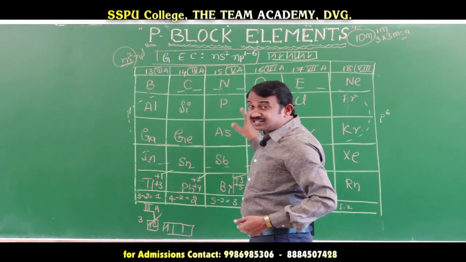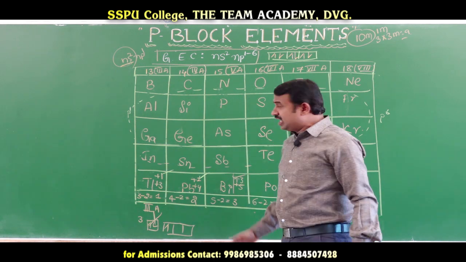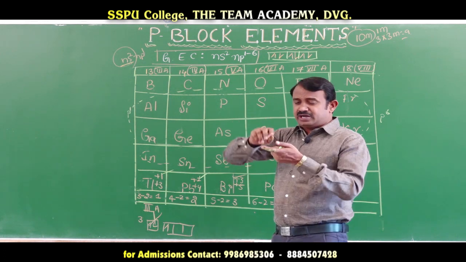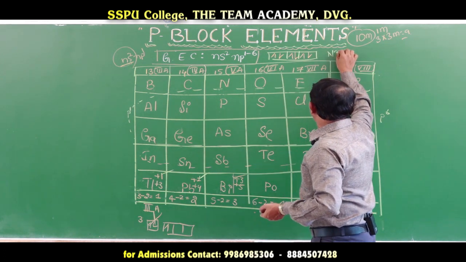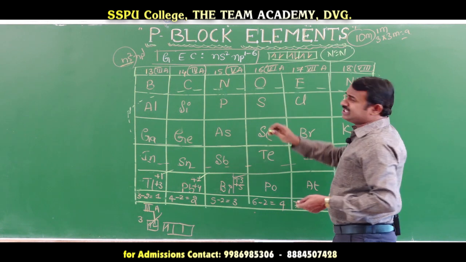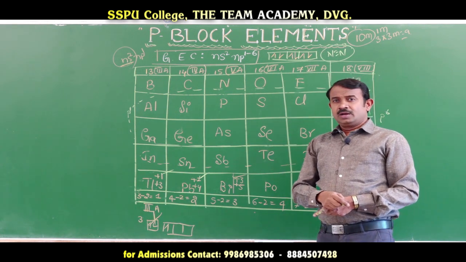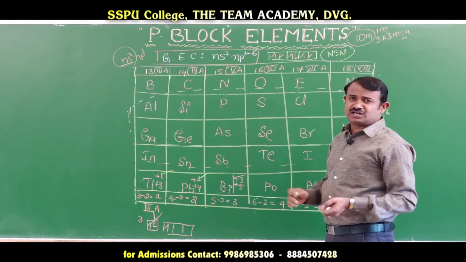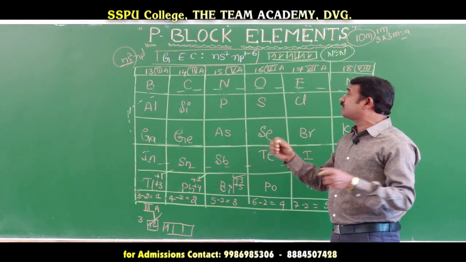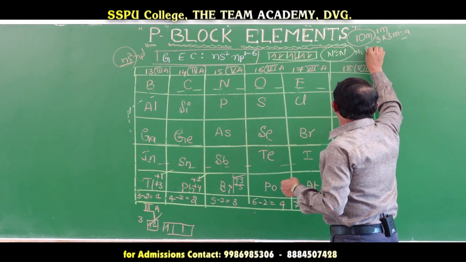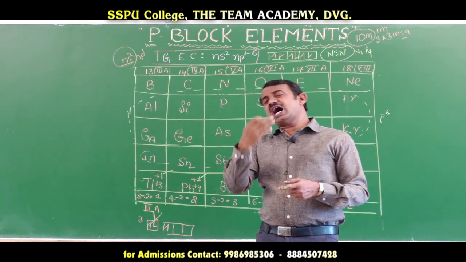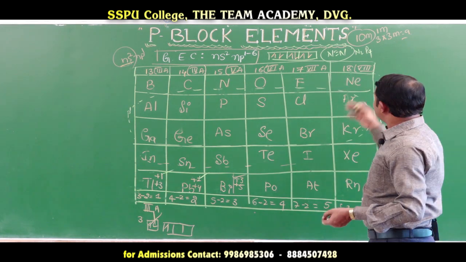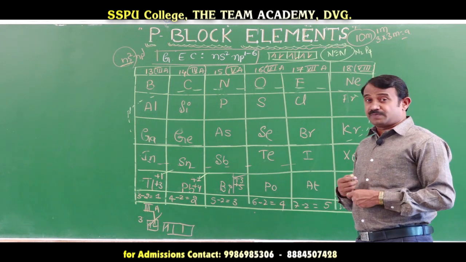Here are the discrete molecules. What are discrete molecules? Discrete molecules involve catenation, like the carbon-carbon bond. Nitrogen is N triple bond N, a nitrogen attached to a nitrogen. The bond dissociation energy is high, so bond cleavage is very difficult. Nitrogen forms N2 and phosphorus P4, and carbon occurs as diamond, and fluorine as F2. These are all discrete molecules among the p block elements.